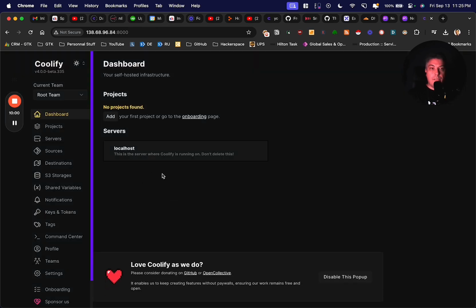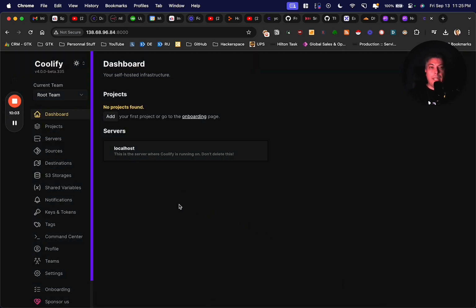But you now have actually a Coolify. I'm going to disable this pop-up. You now have actually a Coolify installed on your system. As I mentioned, Coolify came with some options already pre-installed, or you could pre-install them fairly easily without having